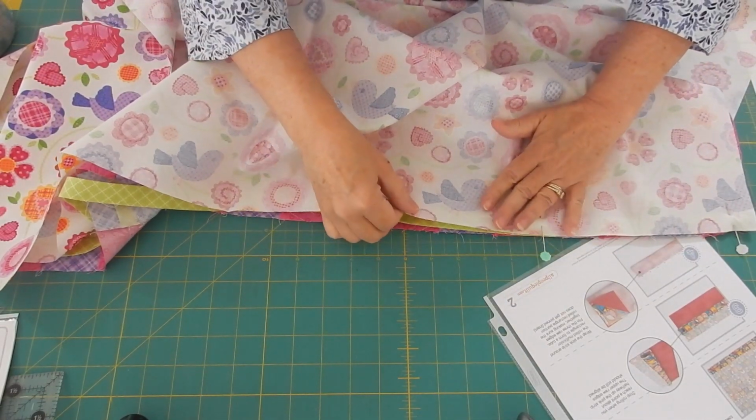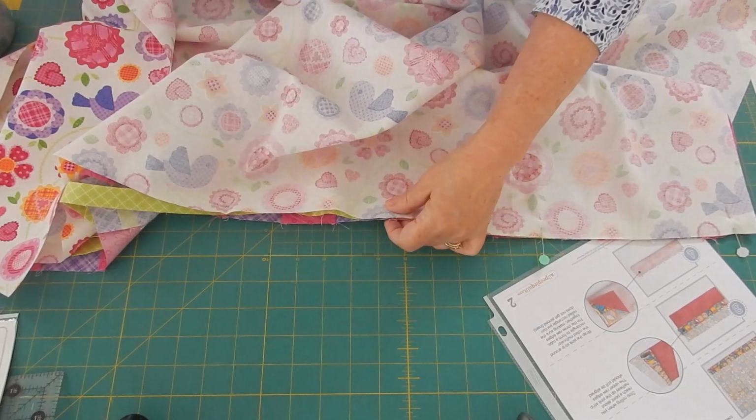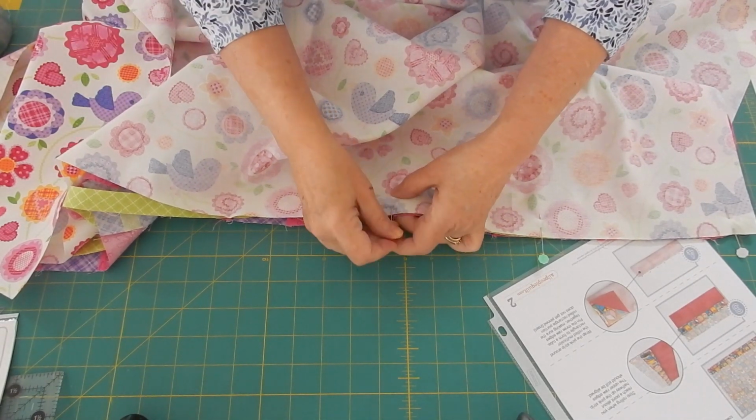Do you guys do that when you're sewing, make noises? I'm terrible about that. You should see how many times I have to cut that stuff out when I'm editing